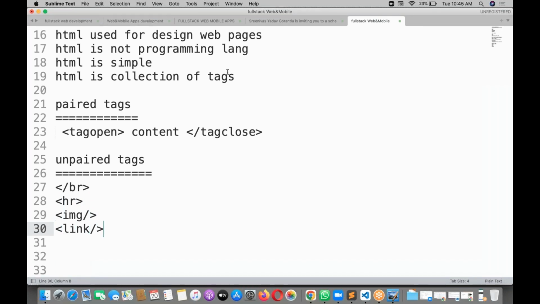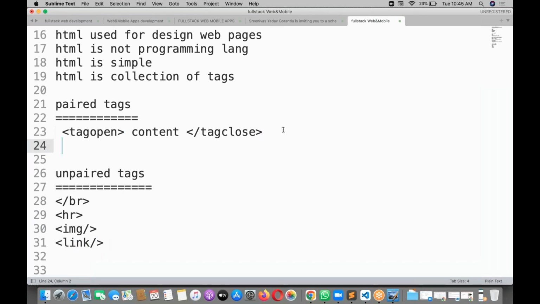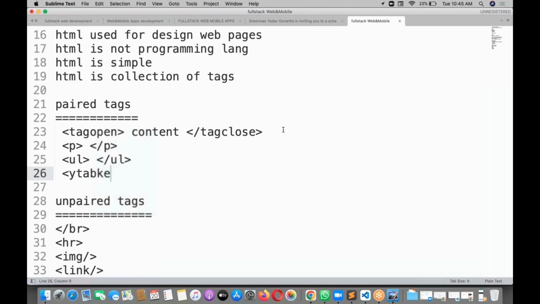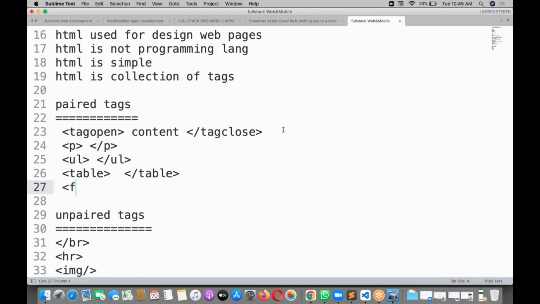So these are the different kinds of paired tags and some other unpaired tags. Both are available.